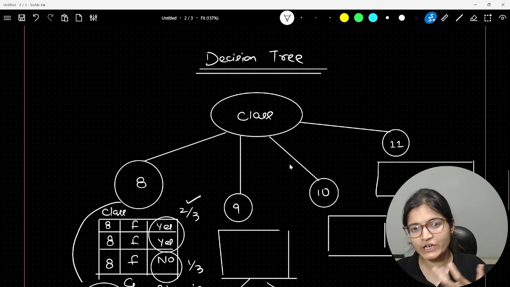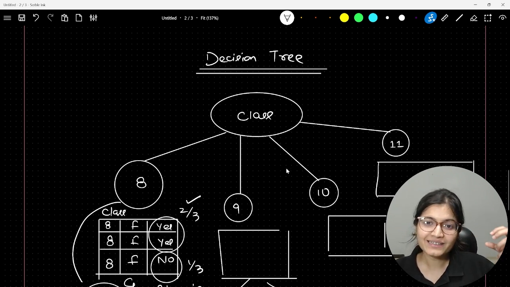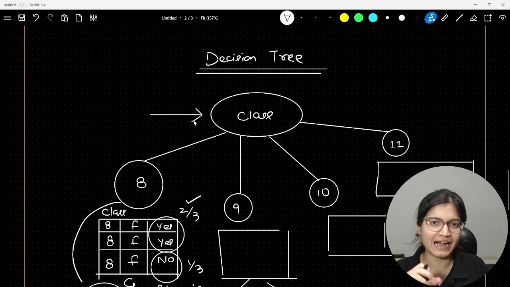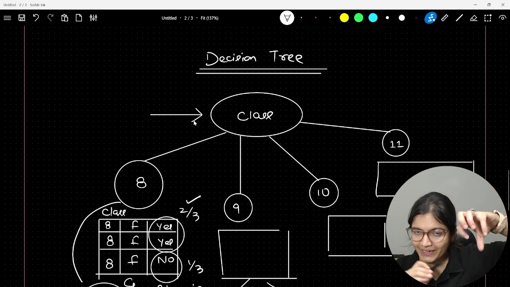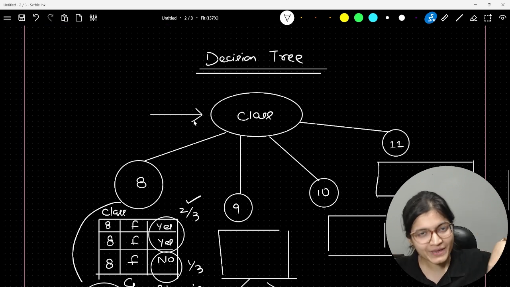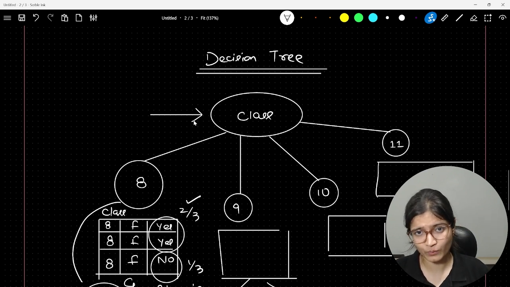You can ask me one more question, that Priya, what if we will be having more than 2 features? So in that case, again, after class, whatever be the pending features we have, for example, let's say you will be having 8 features and let's say F2 is the root. After that, for the remaining F1, F3, F4, F5, F6, F7, F8, the same Gini process will be evaluated, and out of these 7 features, whichever is having a lower Gini value will be the next among the complete features that we have. Okay, so this is how basically the complete idea of creating a decision tree will be done.